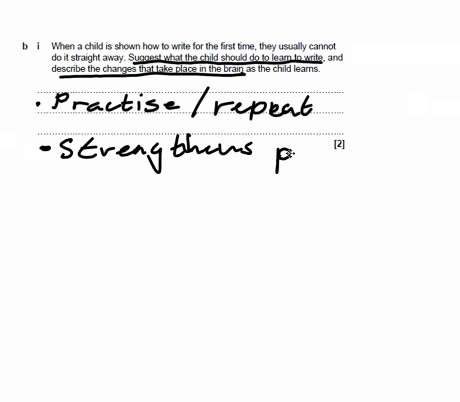So the more you repeat something, the more those synapses learn what you're supposed to be doing, or what that connection does, and then the more you use it, the stronger that connection is. So that when you do it again, it's a strong pathway,